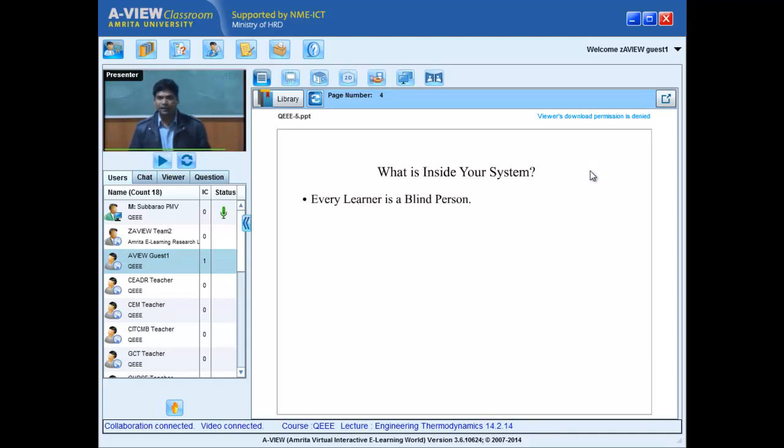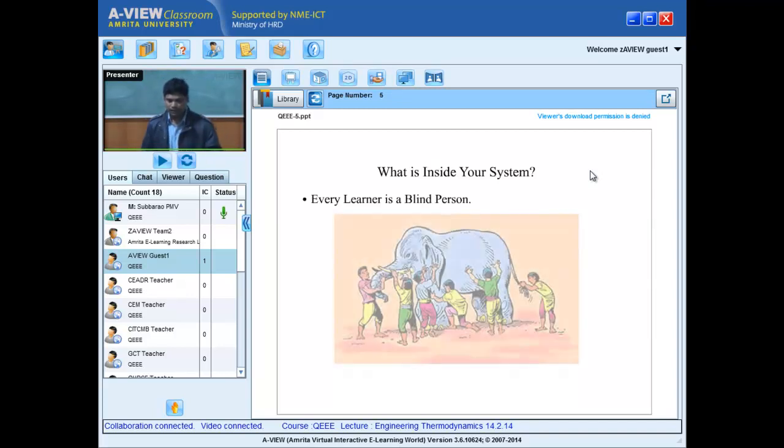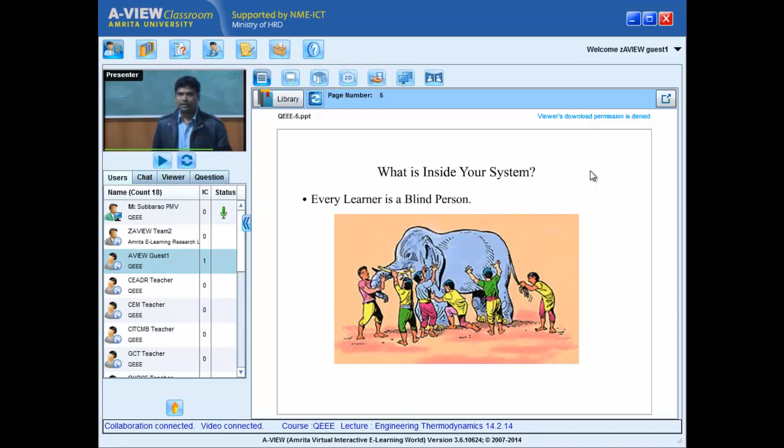And generally, people will try to understand one respect. That's how all over the world there is a philosophy of learning represented by this particular picture. The picture says that five blind people were asked to touch an elephant and say what the shape is. One fellow touches the body of the elephant and says that it is like a wall. One fellow touches the tail, he says it is like a rope. Somebody says the trunk is a snake.